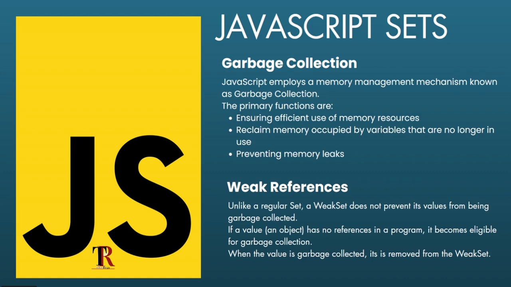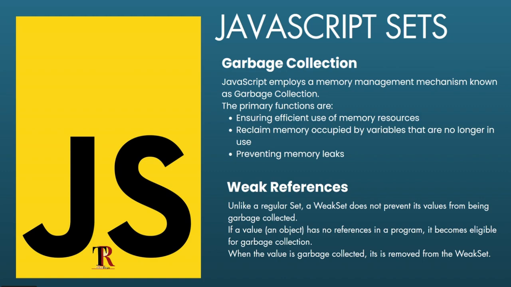So after the values are garbage collected, after you collect the values together from the object, JavaScript will remove them from the weak set once it has gathered them together, and then it can begin to process them. So that is weak references of objects in a set, how they work, and their behavior when it comes to sets in